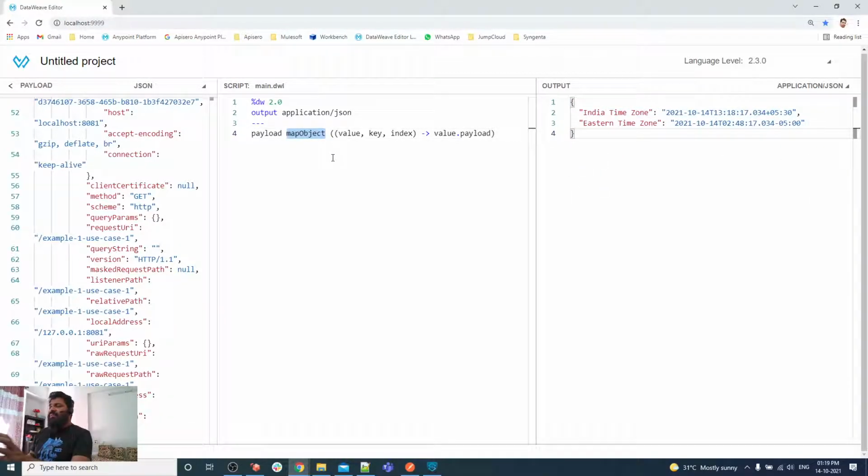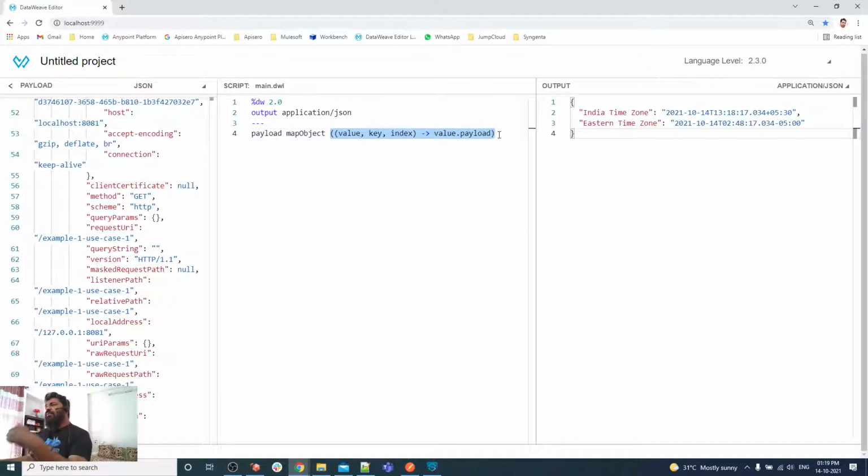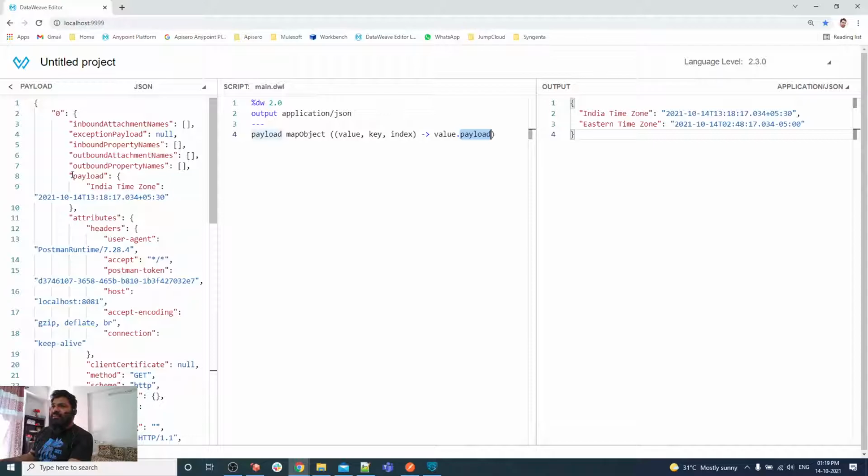Here, just focus on mapObject. It takes an object as input and gives you an object as output. The payload inside this scatter gather is itself an object, which is why it is not failing. Ultimately I have just generated an object only. But in your case you might receive an array or something else. Then you will have to generate an object for the output of mapObject. I'm not doing that because I am already receiving an object here.